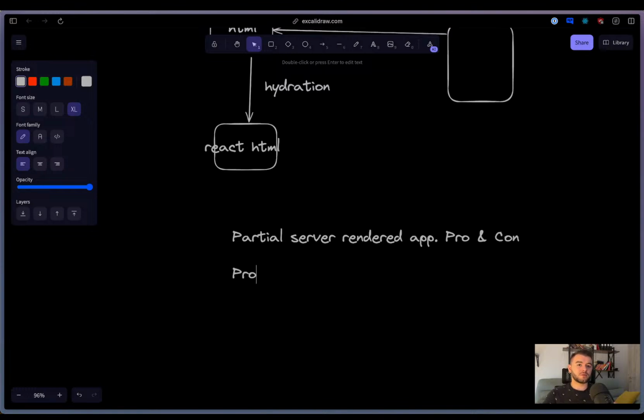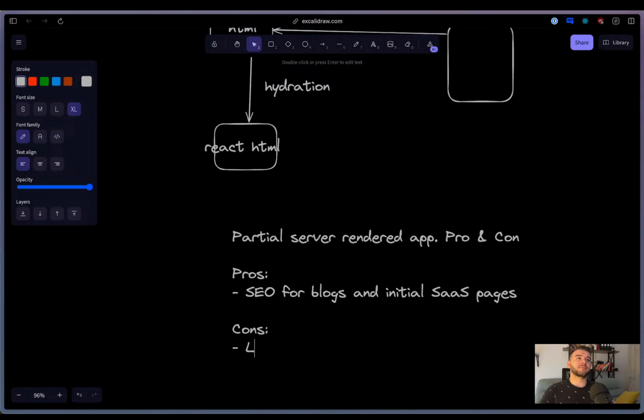So pros, well, you get SEO for blogs and initial SaaS pages, so you get that. But what I don't really like